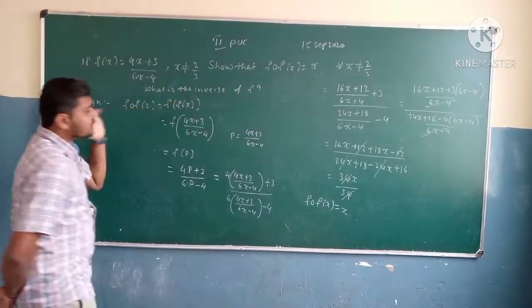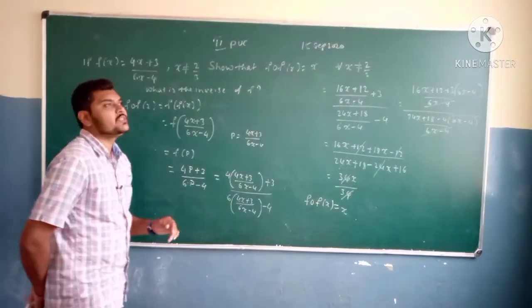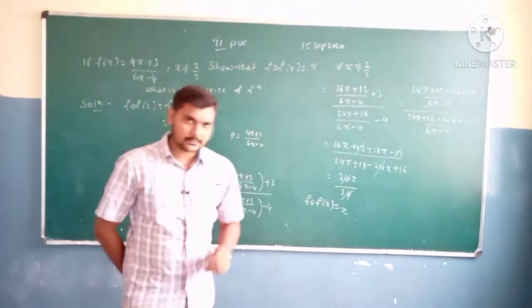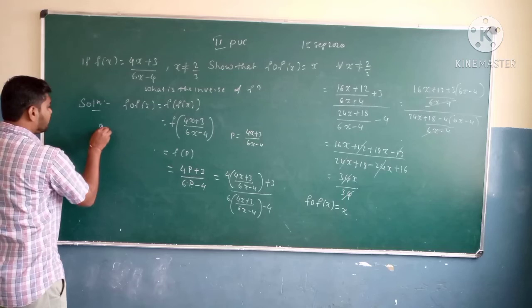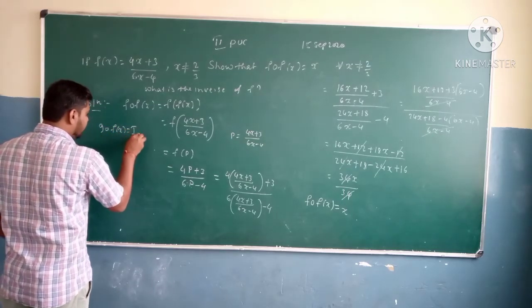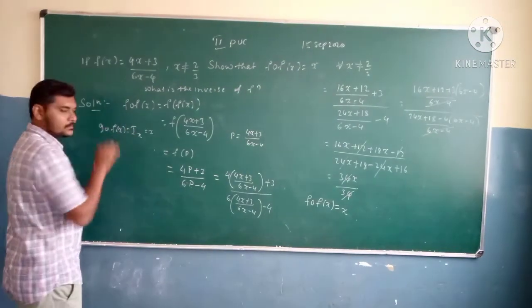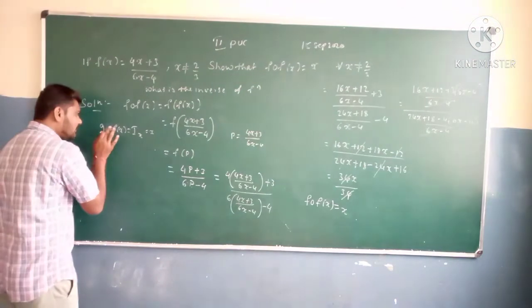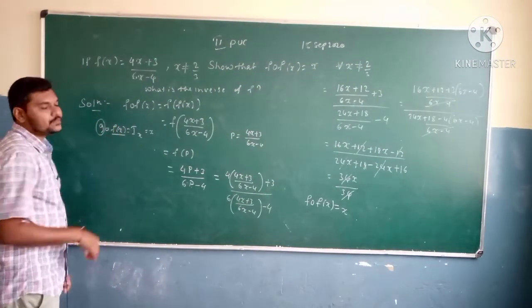So next one. Then what is the inverse of f? What is the inverse of f? In the previous video, when we discussed the inverse of a function, I mentioned that g of f of x is nothing but I x. I x is nothing but the identity of x, the result is nothing but x. Then g of f of x, for the function f of x, g of x is going to be the inverse of the function.